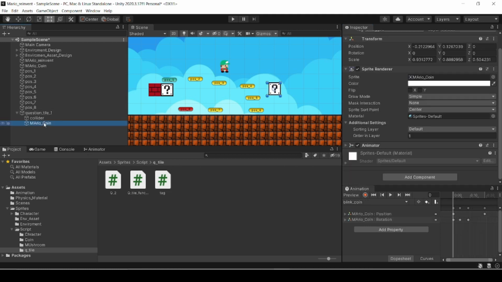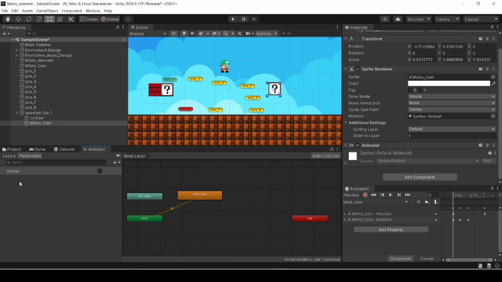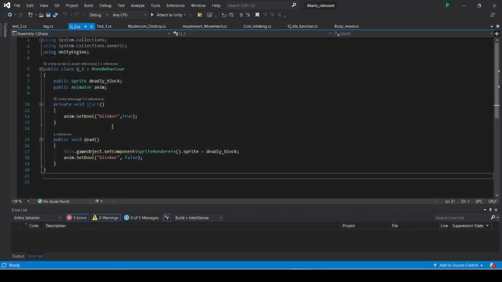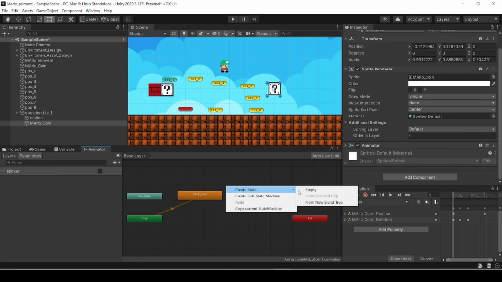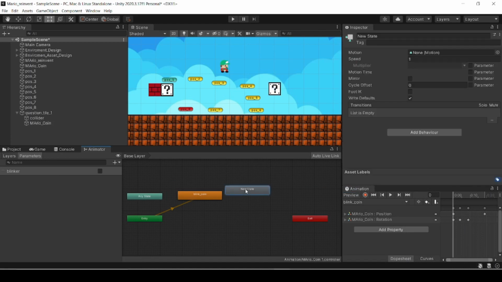Now we have to make sure that for the coin animator, which is blinker, I have to set bool. So make sure the same blinker is what you write here. Now we have to edit this animation. We want to create a new empty state, and we name it return blink.